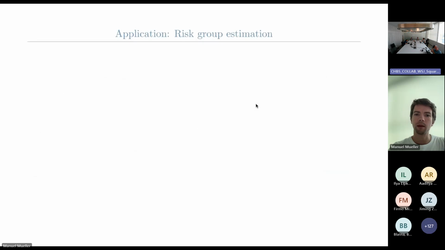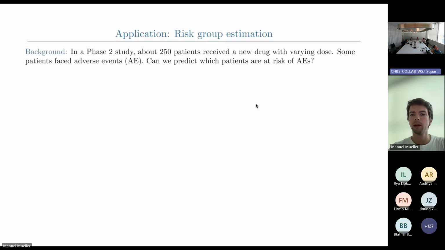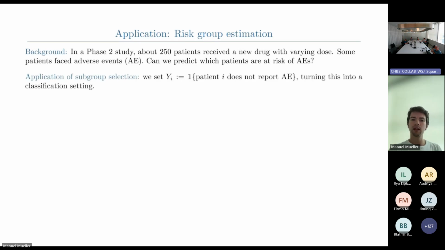But before I talk about the assumptions, let's look at one specific example that I've been focusing on during my time here at Novartis over the summer. So here we looked at a phase 2 study with about 250 patients who received a new drug with varying dose levels, and some patients faced adverse events. And so the question is, can we predict which patients are at risk of adverse events? And we apply subgroup selection here in the following sense.